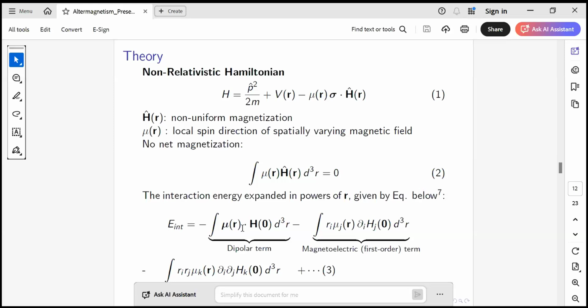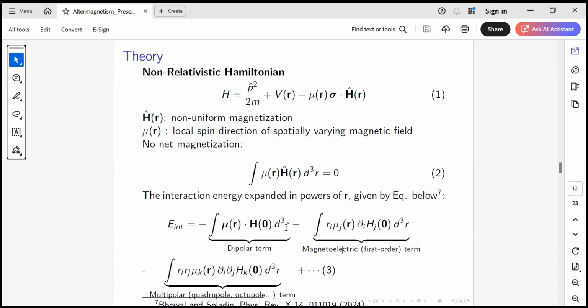The first term is zero because this is antiferromagnet, so the moments cancel each other and it becomes 0. And what about the second term? The second term will also become 0 because of the crystal symmetry.